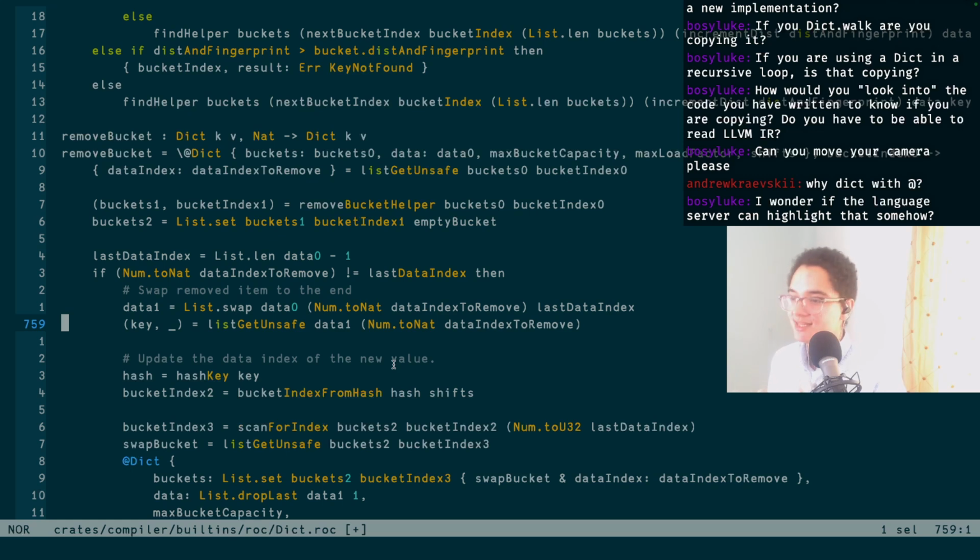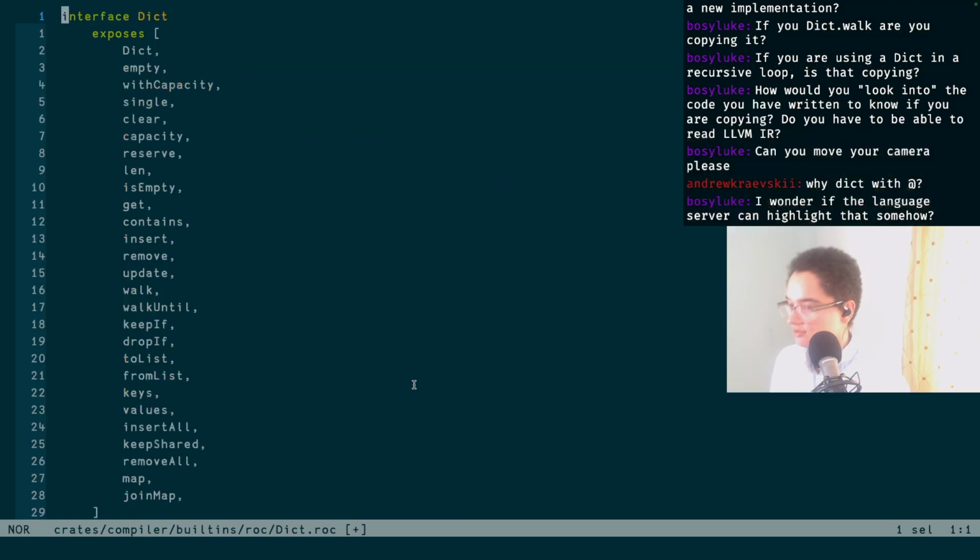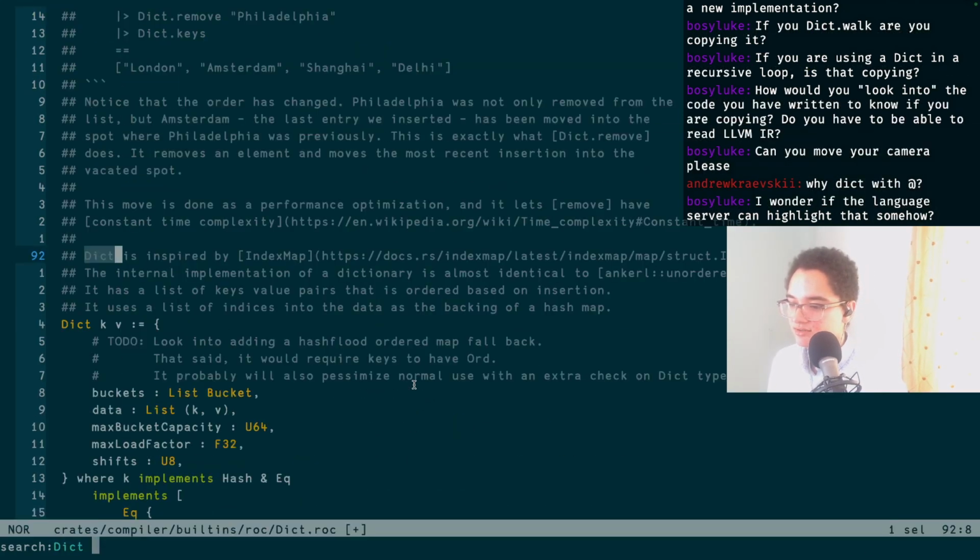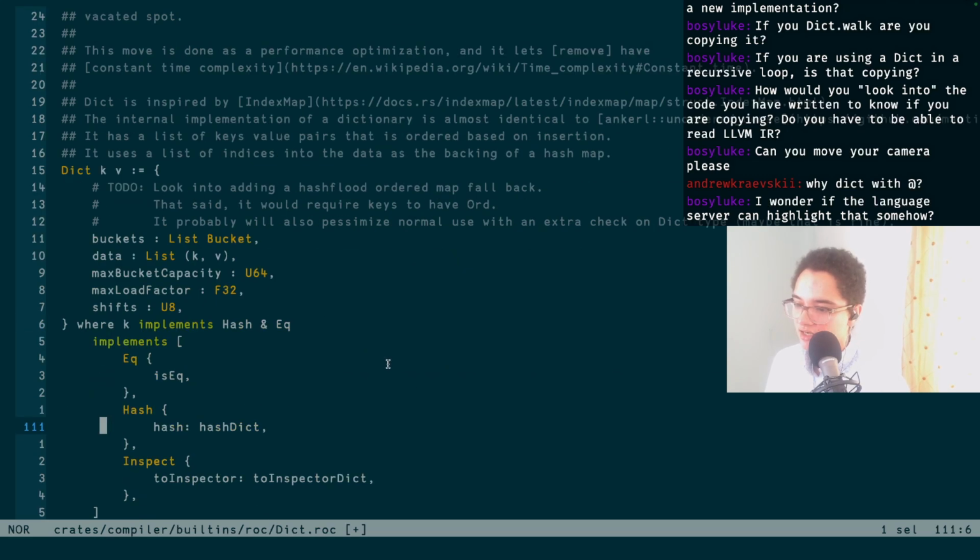Also, going for why the @. So in Rock, we have a thing called opaque types. And if I go all the way back up here and I go to the definition of Dict, it is an opaque type, which is just specified by this little colon equal thing. And so an opaque type has a hidden implementation. If you were to use a dict in userland in Rock, you wouldn't be able to see all of this detail. All of this stuff in here will be hidden from you. You will have no way to access it except through methods that I expose on the dictionary